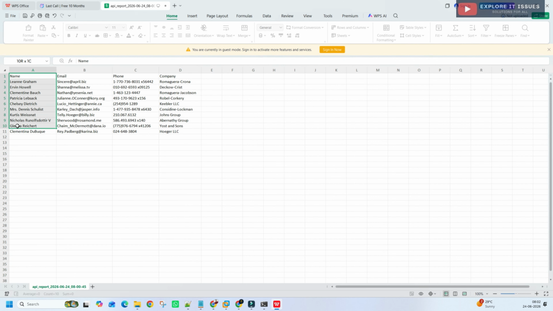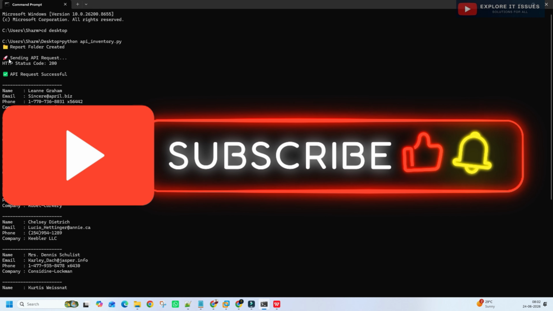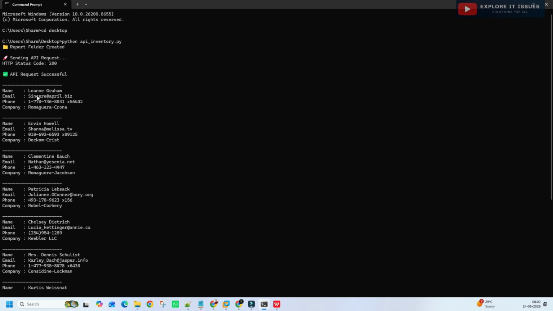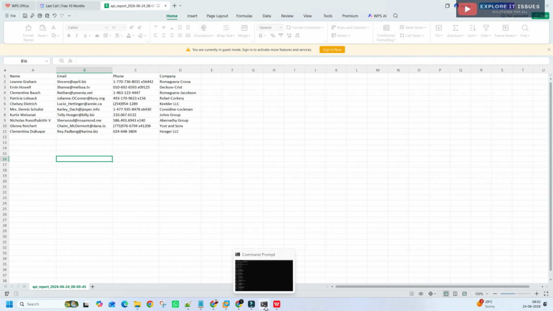For the demo, I'm using this information via the API. When we hit enter, the API request succeeds, the HTTP status is 200, meaning success. Then it collects first name, email, phone number, and company. These types of information we can collect via the API; this is an example. The same thing we can change in our code for VLAN information, version information, and IP address information using the REST API.